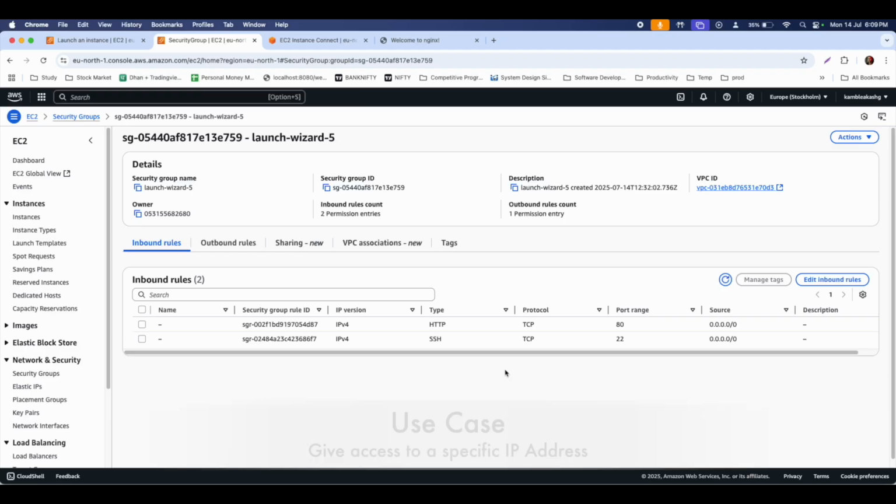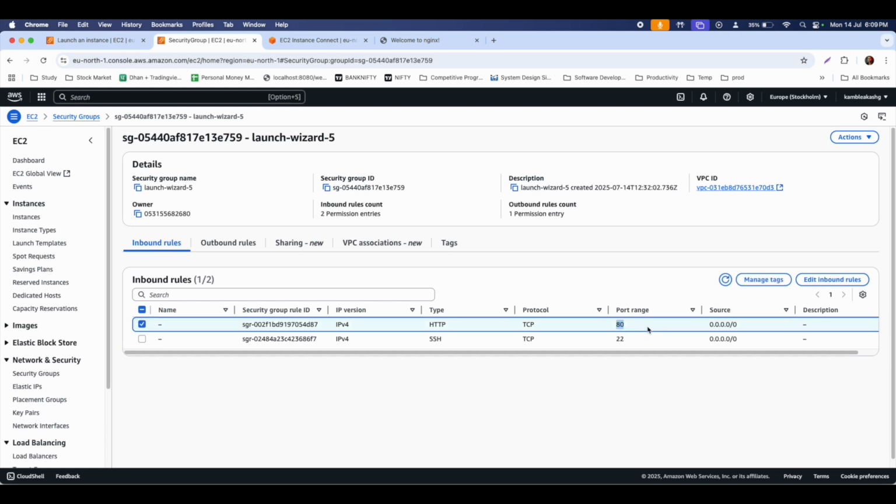That means we are now able to access the service which is running on port number 80. Sometimes the requirement may come that you want to specify only specific IP addresses and give access to those IP addresses only. For that, we have to come to the security groups and edit a specific inbound rule. So the service which we are going to work with is port number 80, and we want to specify a specific IP address.